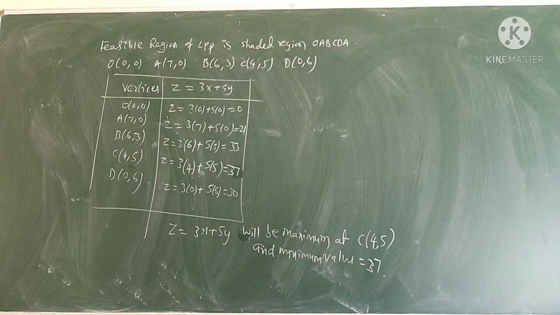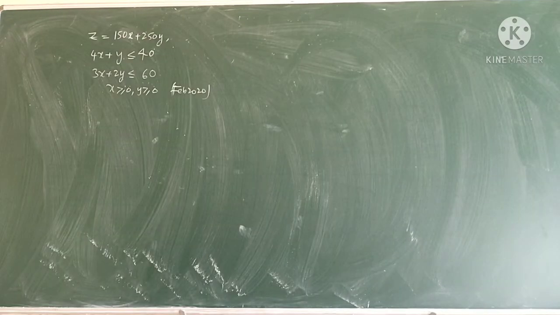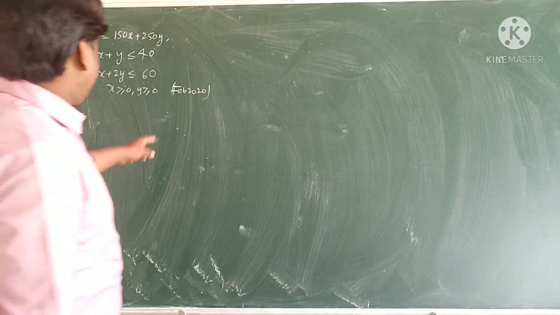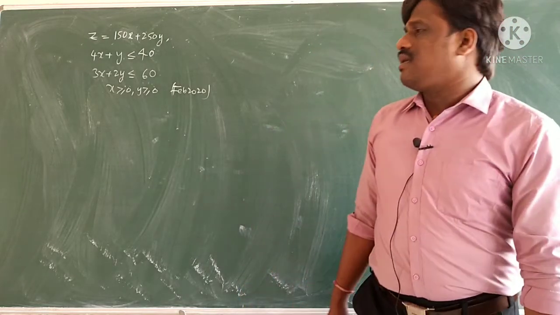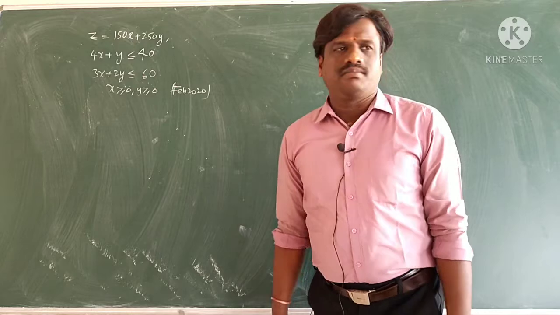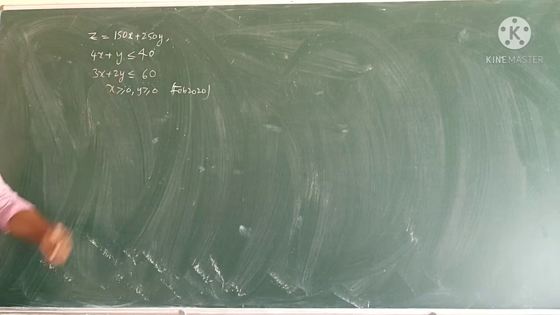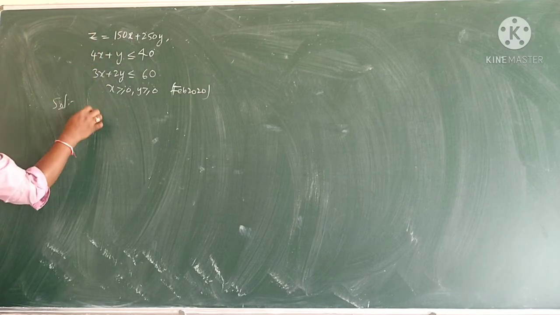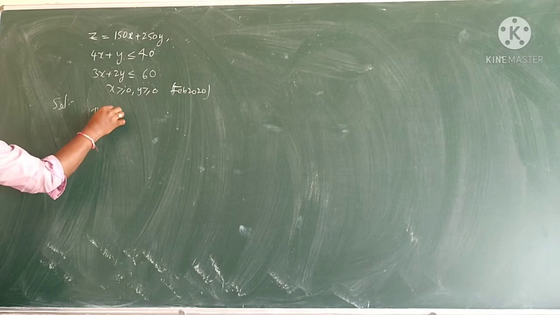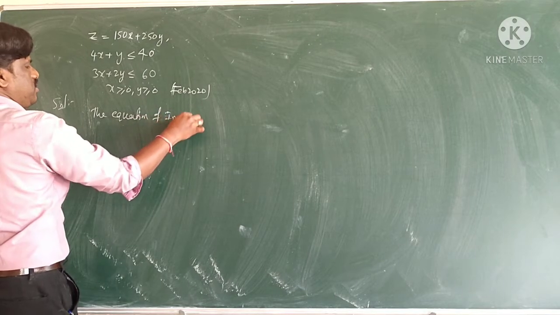Okay, now we will do the 2020 question, then we will start vectors. This question was asked in HSC class 12, Feb 2020, last year's question. You have to find the maximum or minimum. What is asked? Maximum. Minimum means you find the minimum point, maximum means you find the maximum point. So to draw this graph, the same thing I have told you: take the inequation and write it as an equation.